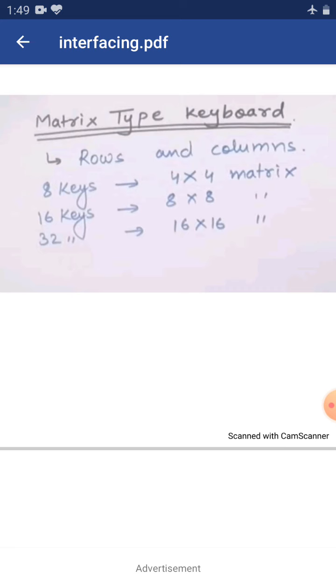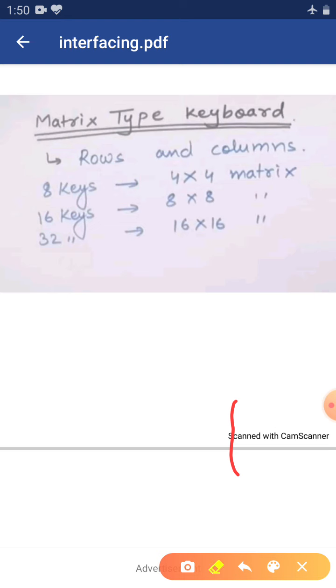In the matrix type keyboard, we decide rows and columns. So in this matrix form, we can define the keys in the form of rows and columns. With the help of rows and columns, we can define 8 keys, 16 keys, 32 keys and onward.